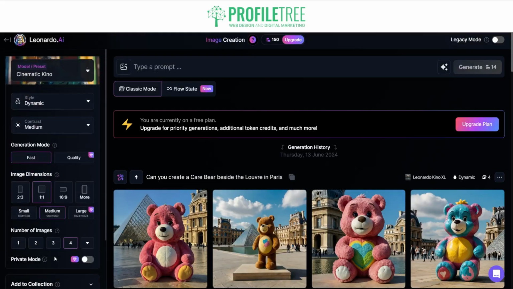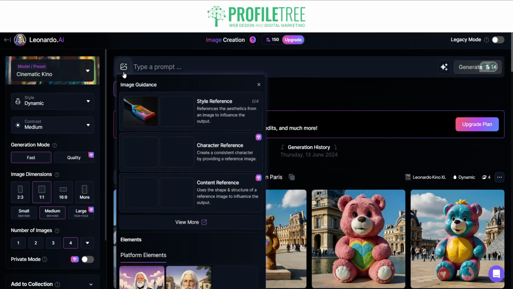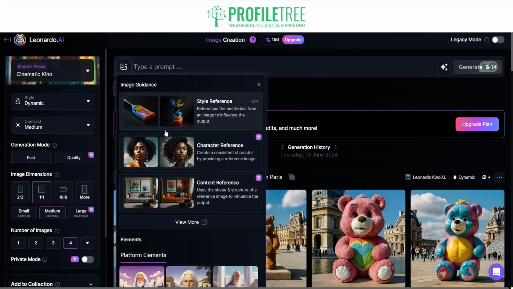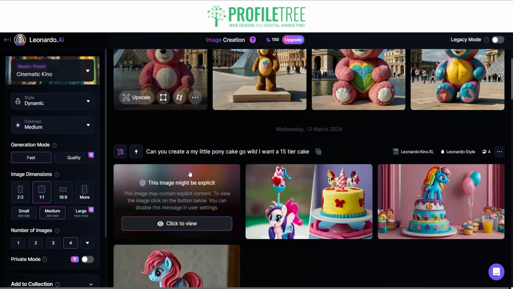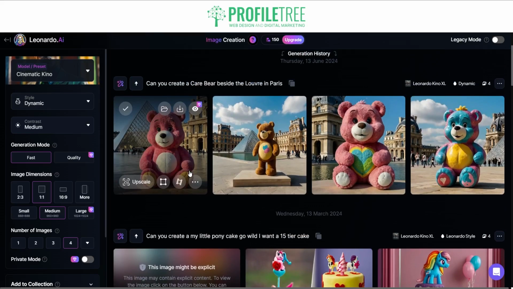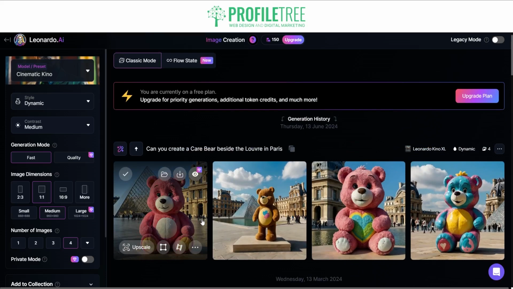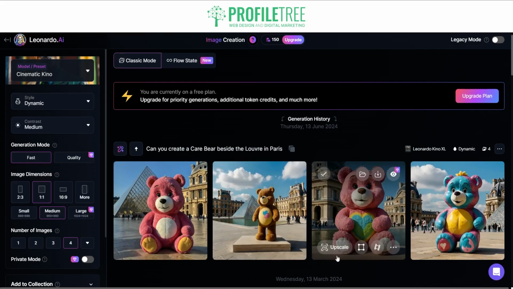Now, once you have set everything that you want for your imagery on your left side there, this is where you type in your prompt. So you can insert an image if you need to as well. With some style guidance, you could do a style reference or character reference or even content reference. And of course, there's some different platform elements that you can choose there. So I have created a couple here in the past. So one there, which is like a teddy bear, and it's set in